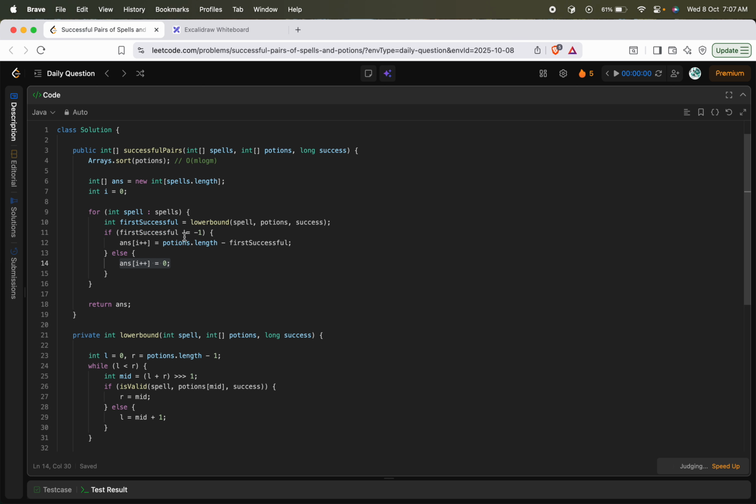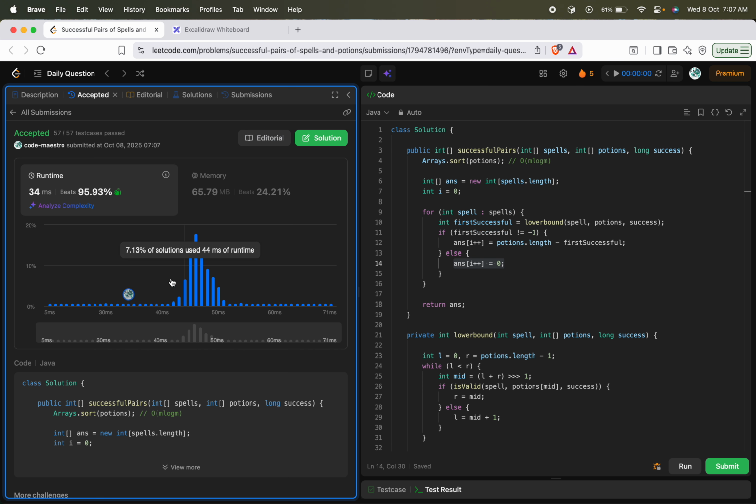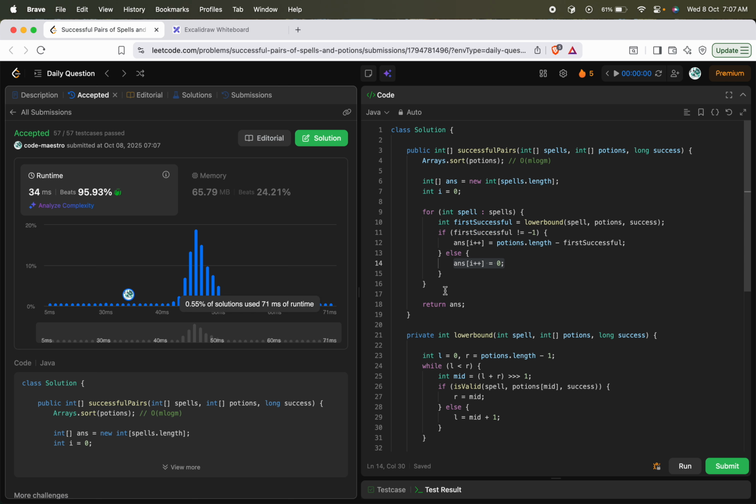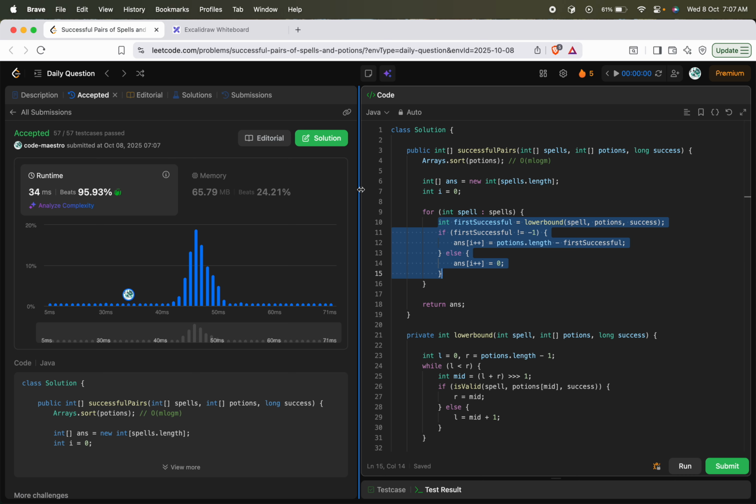this will actually work. If you see, our solution beats 95% of the solutions which were already submitted, and it's pretty efficient. The overall time complexity for sorting would be m log m, and for each element we are applying this binary search algorithm, so it would be n times log m. Whichever is the maximum, that would be the overall time complexity. Understood? Yeah, that's all about